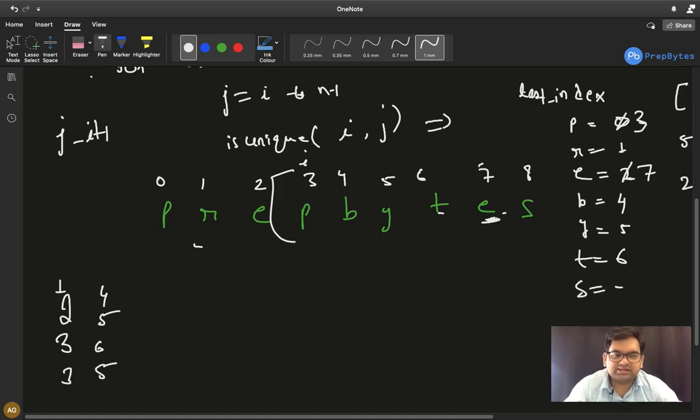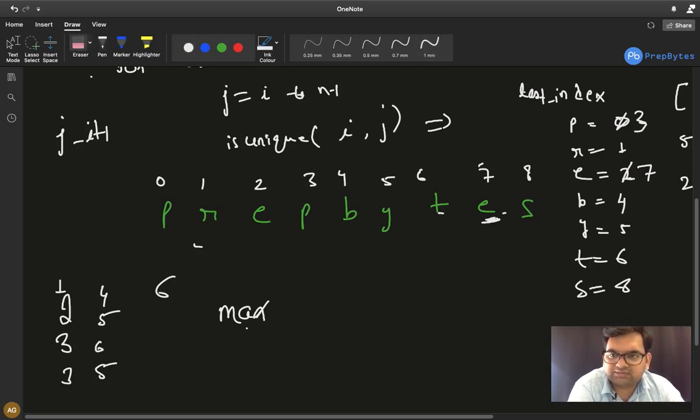And S is 8. So 8 minus I is 3. 8 minus 3 plus 1 is nothing but 6. From all this, we will simply get the maximum. Whenever we calculate a length, we will use the if-else condition to get the maximum till now. Fine. So this last seen index, previous index, whatever you want to call it, is used with this type of sliding window, where we simply slide our window, that is our I and J.